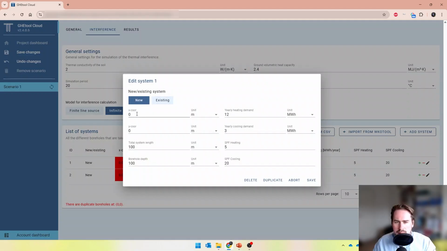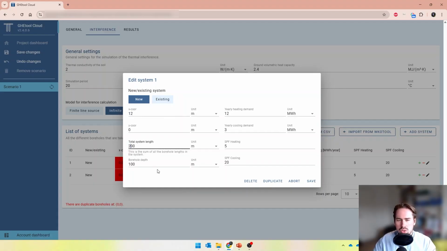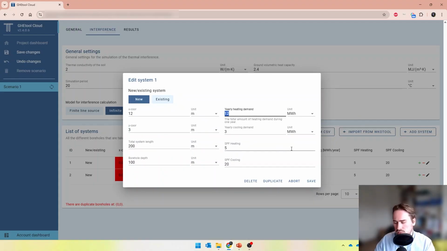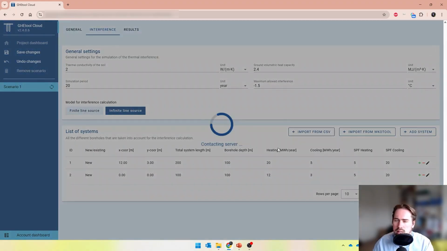Let me go ahead and duplicate this. And let's say it's 12 meters apart. Let us now make a double system with two boreholes. So we're going to say our system length is 200 meters, for example, 100 meters deep. And the middle borehole is located at, let's say, location 12, 3. Our heating demand will, of course, be slightly bigger. Let's make it 20 megawatt hours a year and a cooling demand of 5, for example. Let's go ahead and save this and calculate this